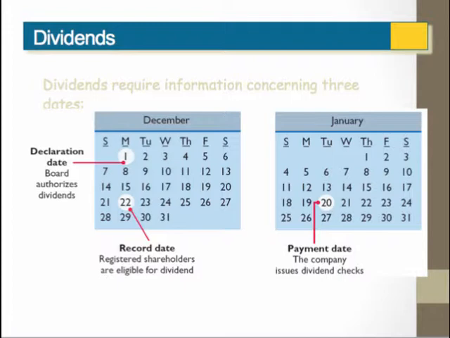The date of record is who owns the stock on that specific date. The company determines who the owners are on the date of record, and those are the individuals who will receive the dividend. The date of payment is when the actual dividends get paid out. In the event of the payout of the dividend, we show the cash being paid out with a credit to cash, and we show that the liability has been reduced because we've paid it off.